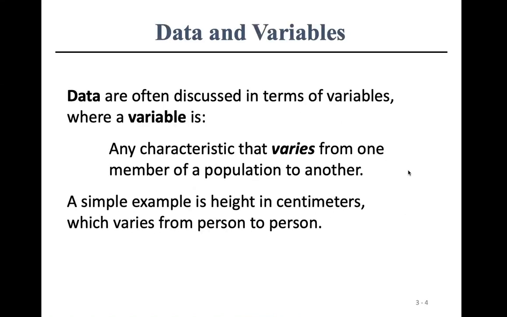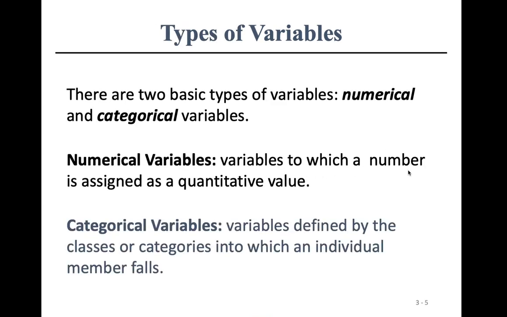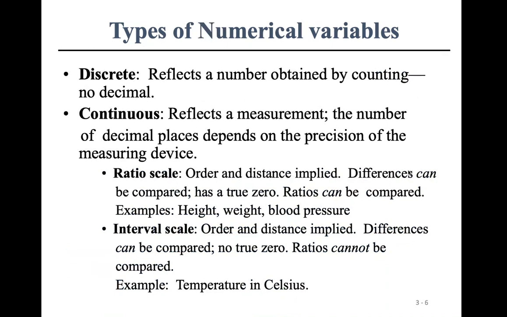The data and the variables also have their characteristics. These are very elementary: a variable means it is varying from one member of the population to another, so I will not spend much time on that. When we come to the types of variables, you can have numerical variables or categorical variables. Categorical variables means, say, Sunday, Monday, Tuesday, the days of the week. Numerical variables means, for example, what is the temperature today? 25 degrees centigrade, something like that. So that is to give you some idea.